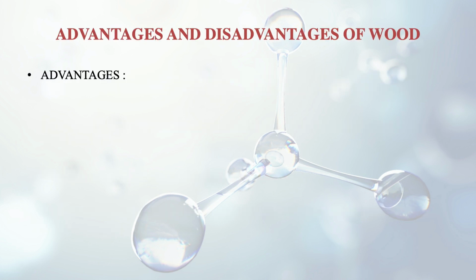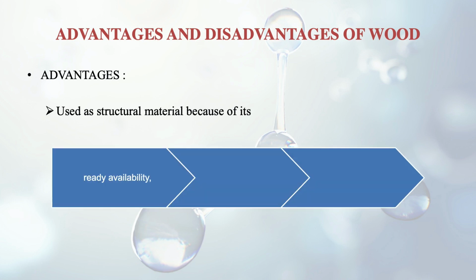So what are the advantages and disadvantages of wood? The advantages are listed here. It is used as a structural material, and why is it used as such? Because it is readily available, it has low density and it is convenient to handle. Especially in areas where a number of earthquakes happen, you may see that they have wooden houses as well, because it has low density, so it will not cause that much damage as compared to concrete and all. In Japan, you may have seen, or somewhere where the number of earthquakes is more.